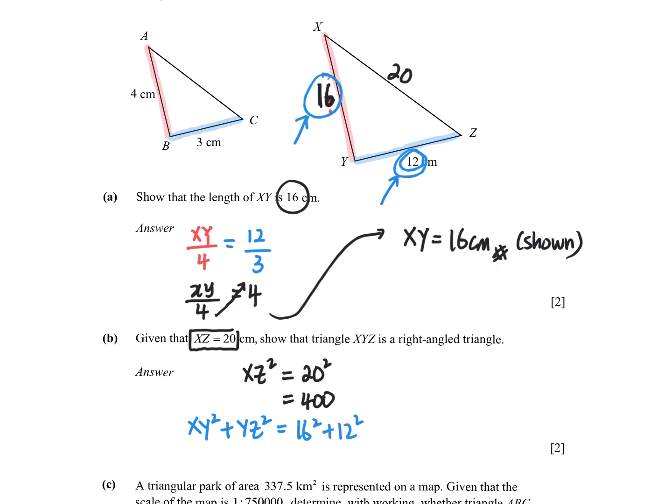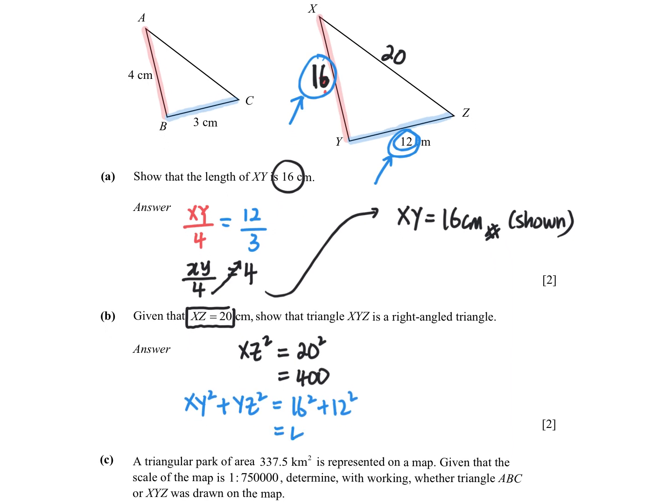Go and press the calculator. It should also give you 400. Okay, try to show that. So since I've proven that these two are the same,